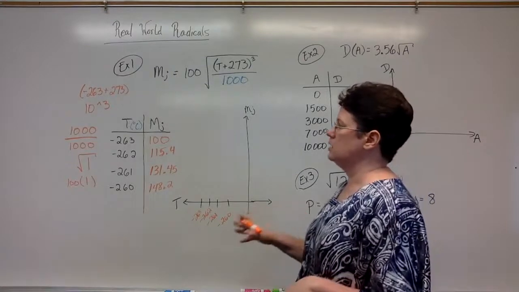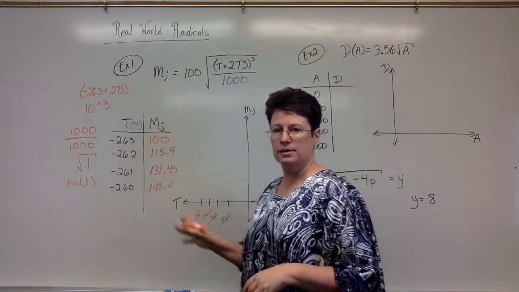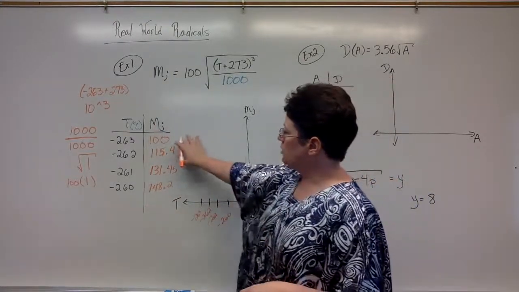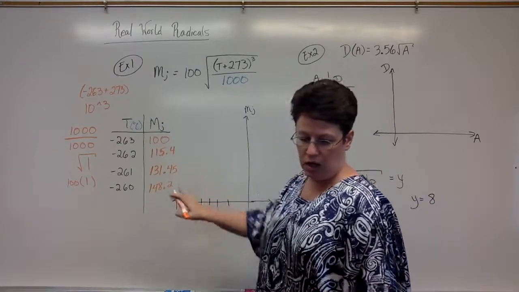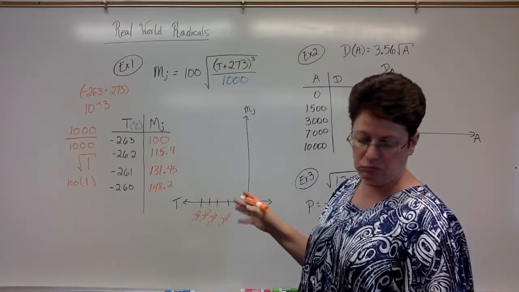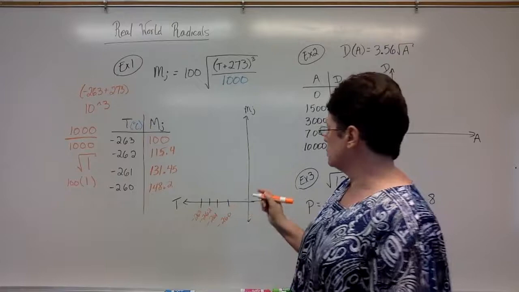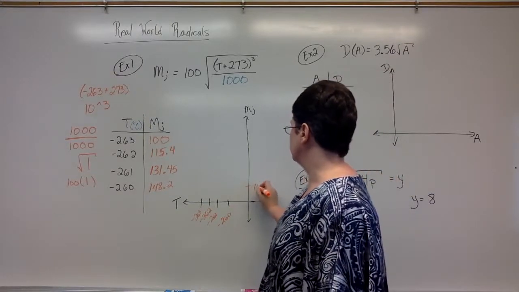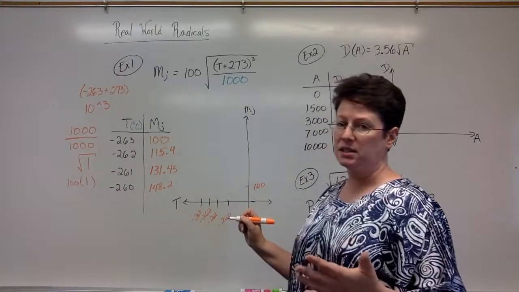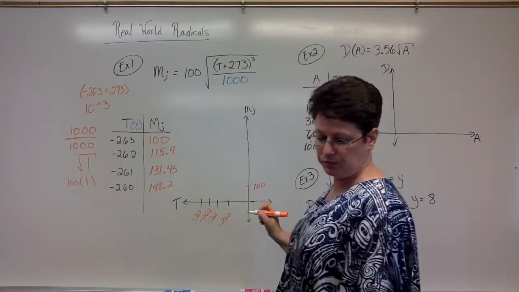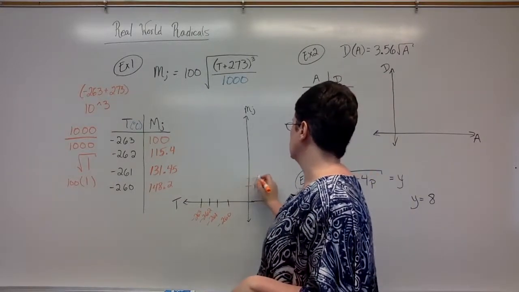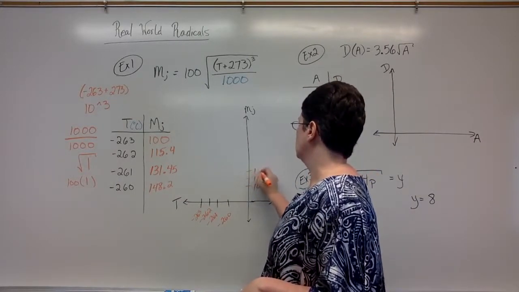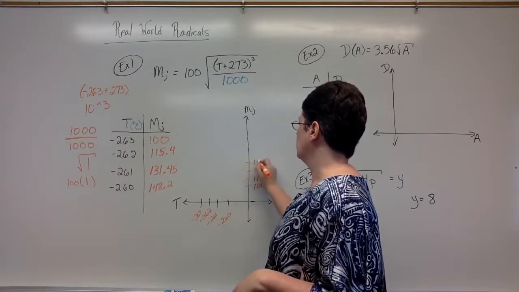Now, I'm looking at my y values, these masses. I see 100, 115, 130, 148. Okay, so I'm going to start at 100, but then I'm going to count by tens, okay? Just to make it easy. So I have 110, 120, 130,